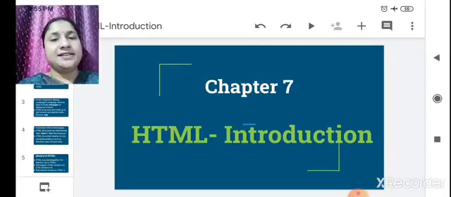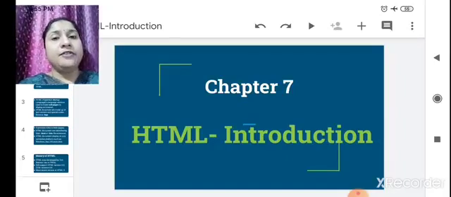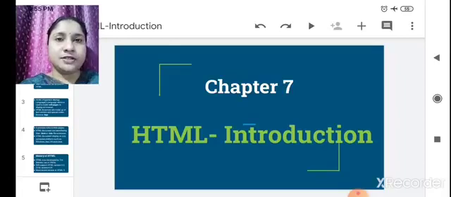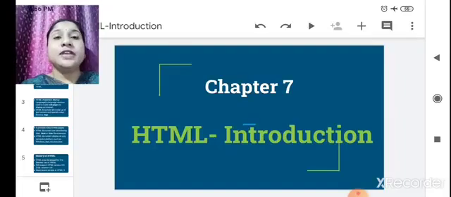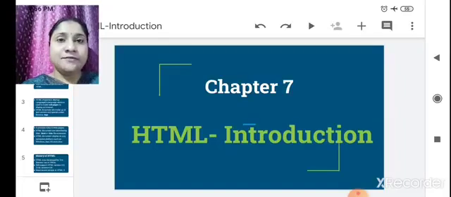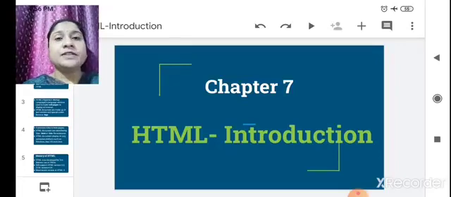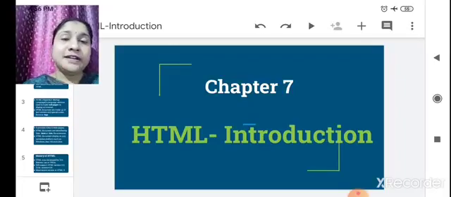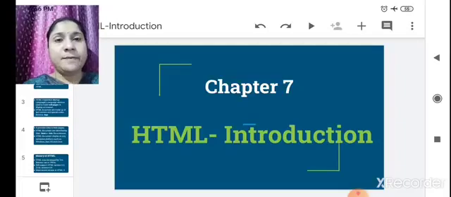So let's start. Today we are going to learn about chapter number 7, that is HTML introduction. So let me tell you the full form of HTML. HTML stands for Hypertext Markup Language, the standard markup language used for creating web pages.